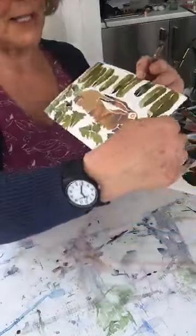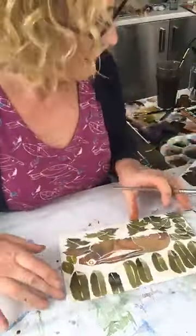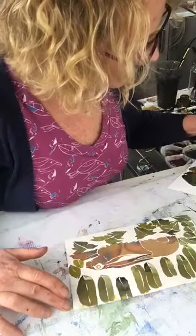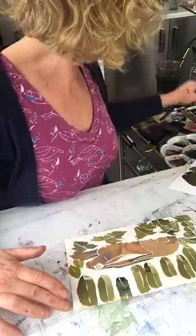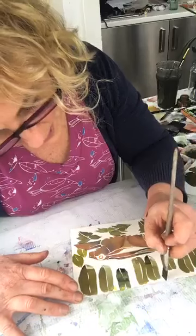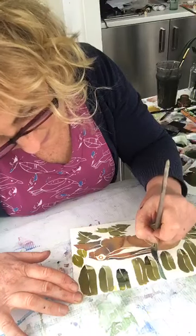Oh, Laura de Wesselow, hello. I'll be adding a little bit of blue. It's not really dry enough to be able to do this, but